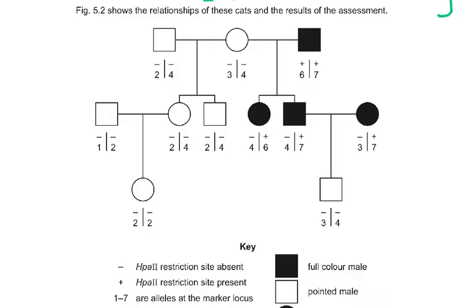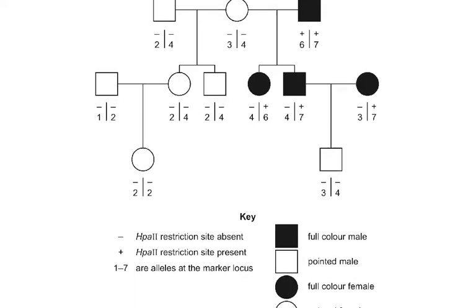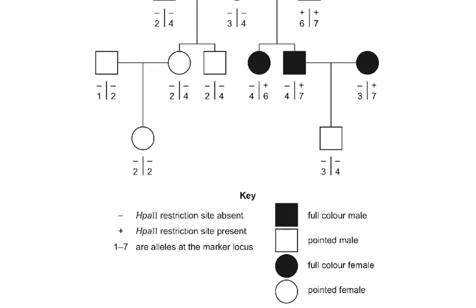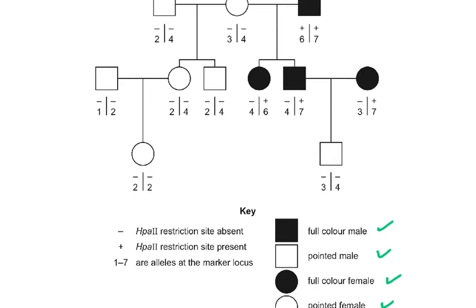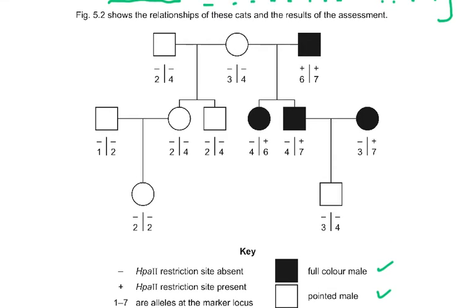Whenever you look at such a chart, there are a number of things that you need to see. First, you need to look at the key. The key says full color male, squares are always males. Pointed male is the white box, and full color female is the black circle, and the pointed female is the white circle. Another very important thing you've got to see is